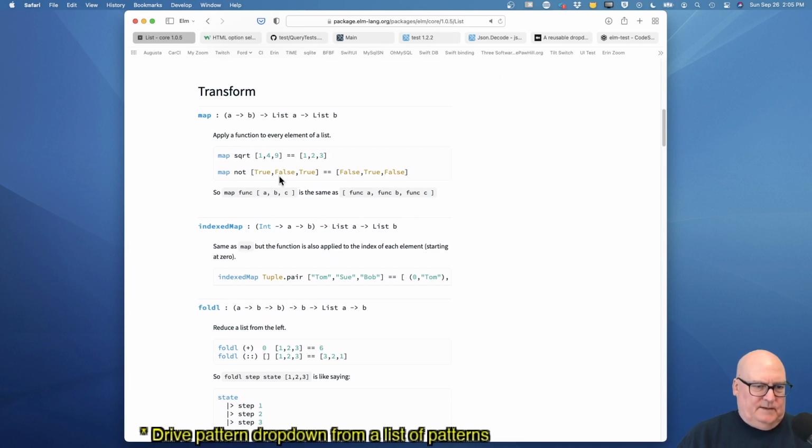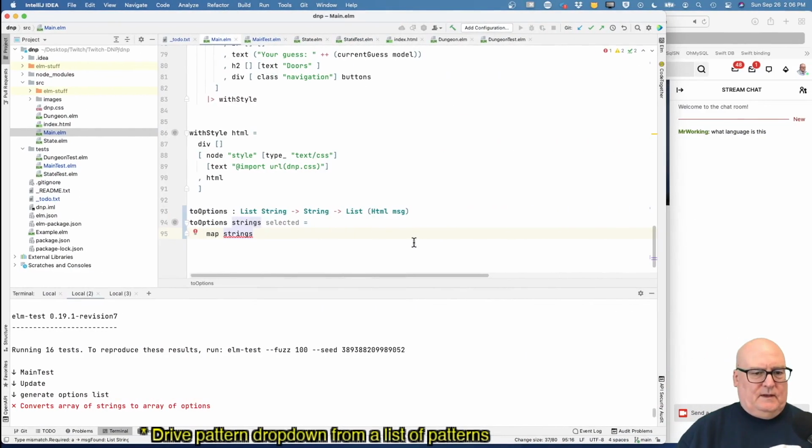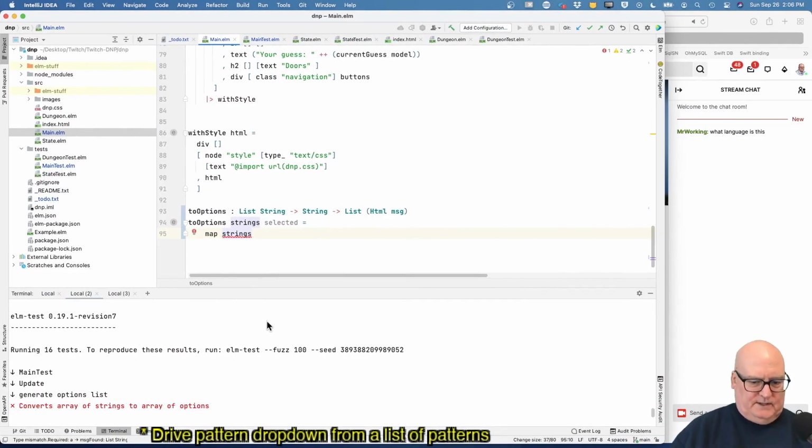Okay, apply a function to every element. All right, so we need a function that we're applying. Well, the function is, it's going to take a string, so it's lambda string goes to,